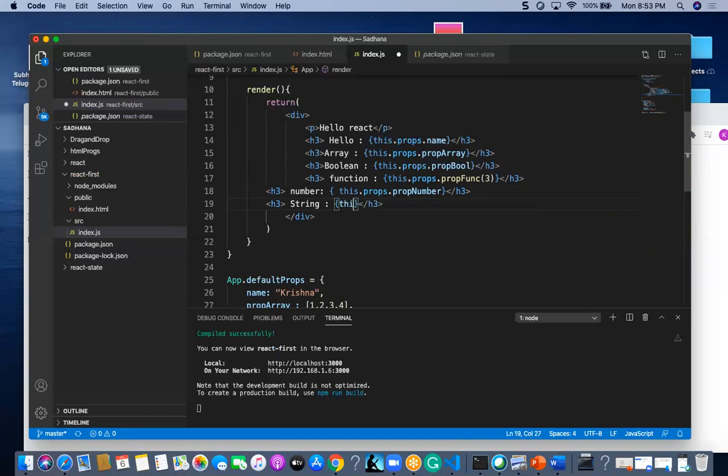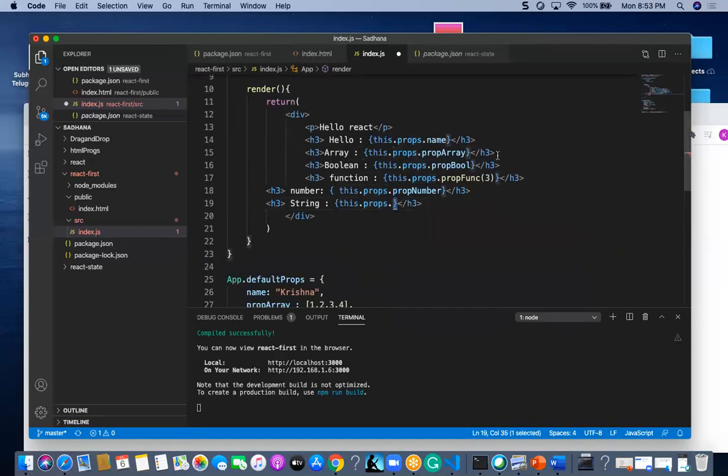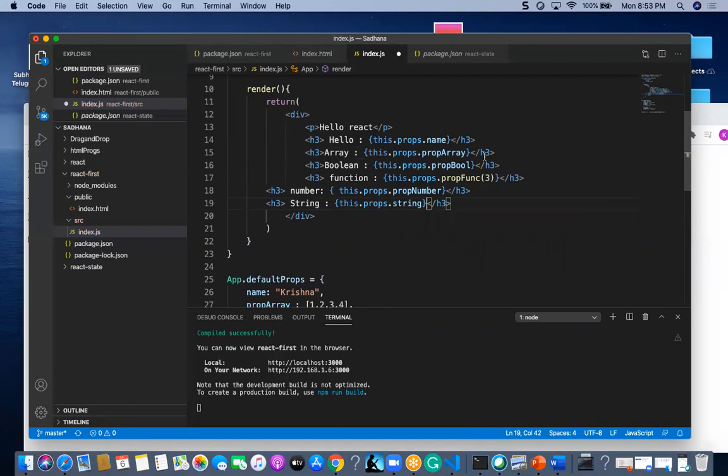So this is how we have to declare a particular string and all this information.